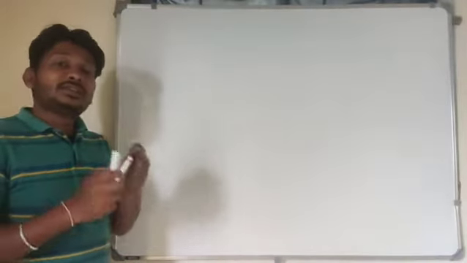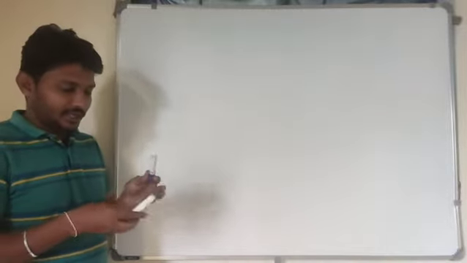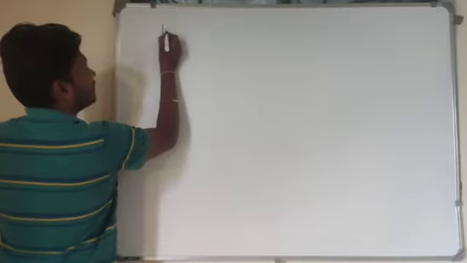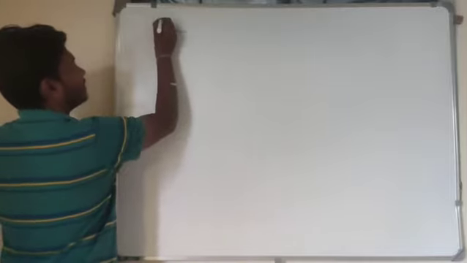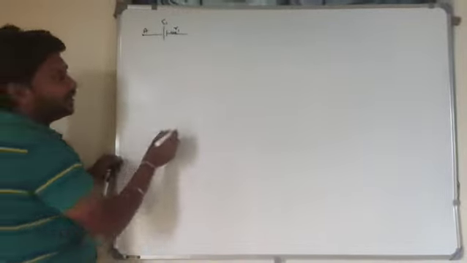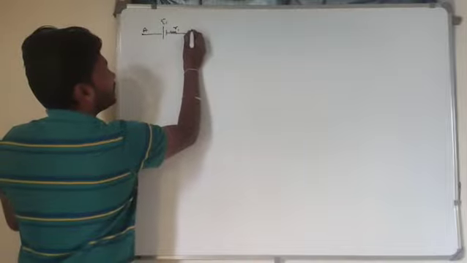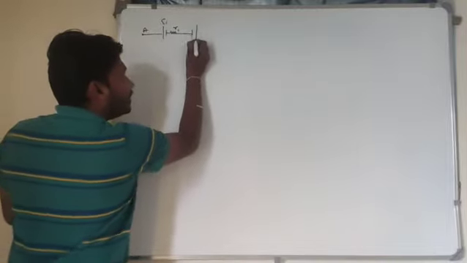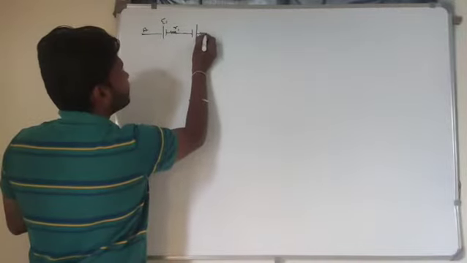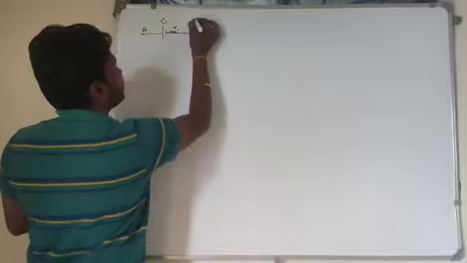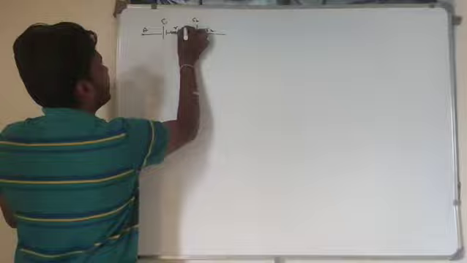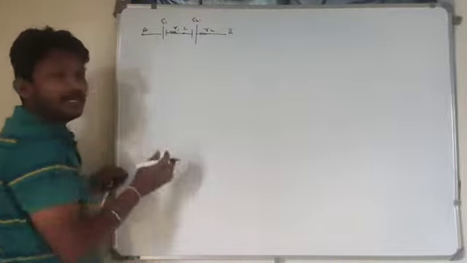So now look here. If the cells are connected in a wrong manner, in the case of series combination, for example, this is the positive terminal of the cell and this is the negative terminal of the cell, and it has a certain internal resistance. This one I take as point A. If I connect the negative terminal of the first cell to the negative terminal of the second cell, in that wrong connection, this is internal resistance R2 and this EMF is E2. This point I can take as C and this one as B.